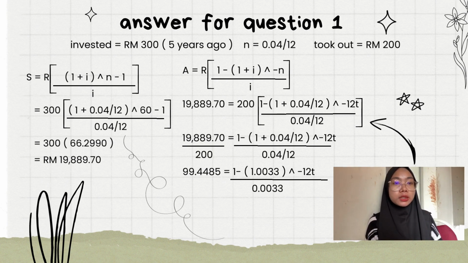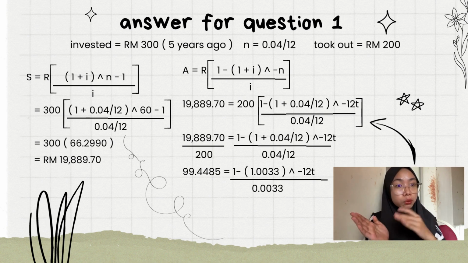Next, we use present value of annuity. The formula for present value is A equals to R, 1 minus in the bracket (1 plus i) close brackets to the power of negative n, divided by i. So we substitute what we found earlier into the A: 19,889 ringgit and 70 cents equals to 200, because she took out 200 ringgit at the end of every month, times 1